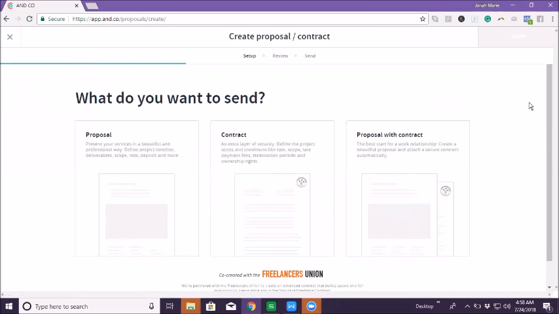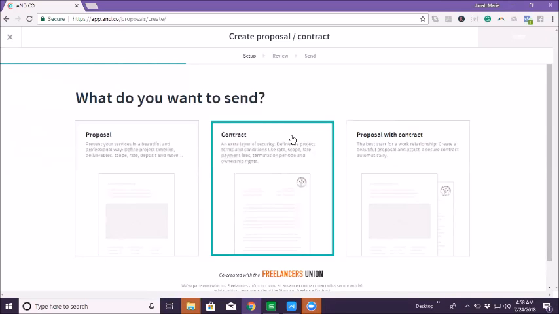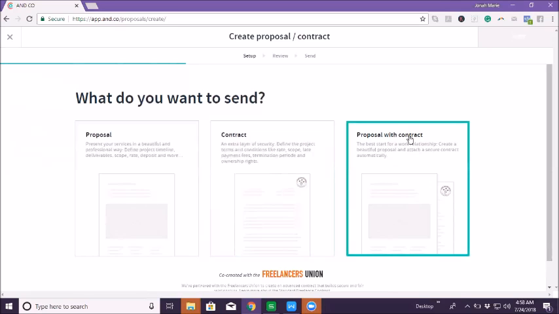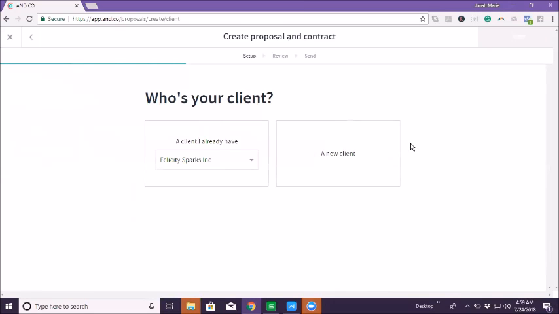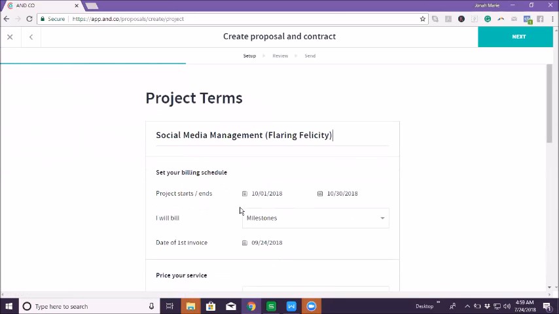It depends on how likely your client will close a deal with you. If it's still a cold lead, then you might go for a simple proposal and just send them the contract later. But if you think there's a high chance for them to say yes right away, then go for the proposal with contract feature, and that's what I'm going to try right now. So let's say I'm going to send a proposal and contract for Co-op Events Manila. I simply click them from my database and edit this template